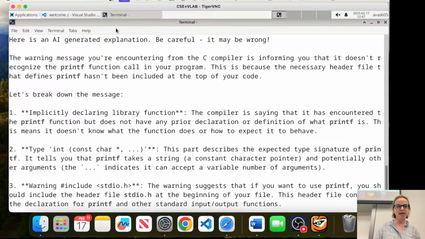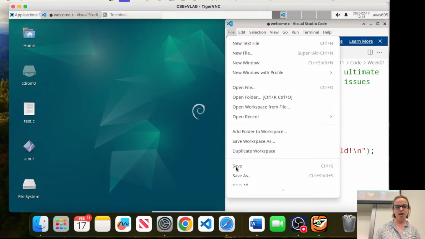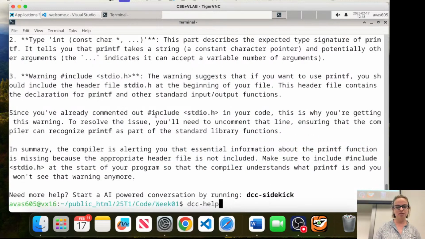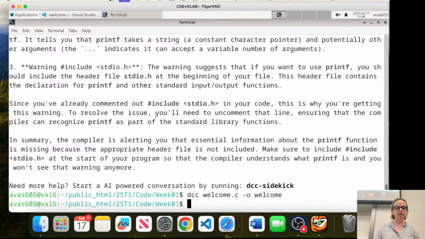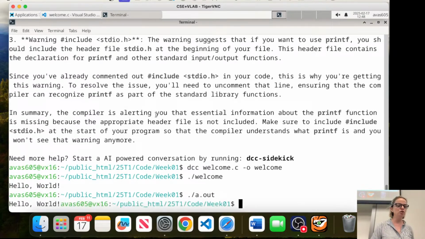Okay, so let's come back and let's put this lovely thing back in. And let's save it again. And let's run it again. So let's say we fixed it. And it works again. So now also just to show you, if I can run that a.out file, and it will do exactly